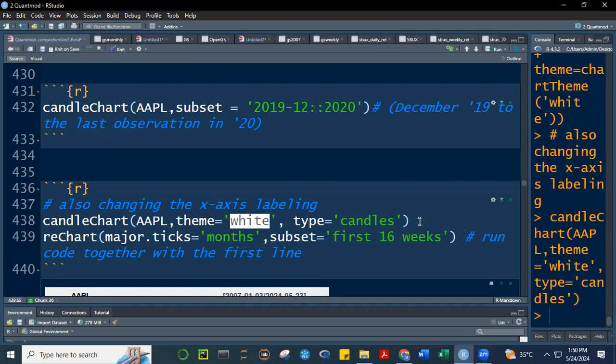Because we first run this, and then when we run rechart, then R does not understand what's this for. Where is this coming from? So if you use the rechart function, it should be in the context of the initial chart that you made. So here, we just like to make the plot the first 16 weeks based on this candle chart here of Apple. So if we run this together,